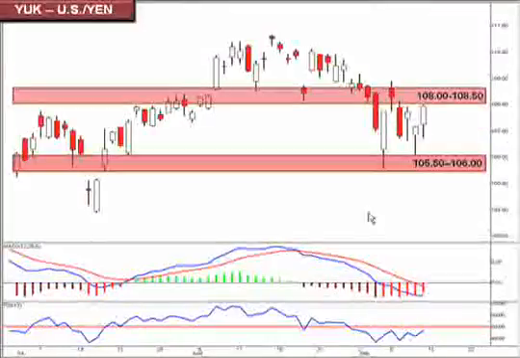Okay, let's take a quick look at the YUK, the US versus the Japanese yen. We were watching prices bounce off of the 105.5 and 106 focal zone and suggested that the 108 to 108.5 would likely be an area of probable resistance and to look for rejection. We actually did see that as prices once again found themselves playing back down into that 105, 106 focal zone. Now, we've seen a bounce off of that, and we are now back into that 108 to 108.5 focal zone. We have to recognize the possibility of another rejection there.